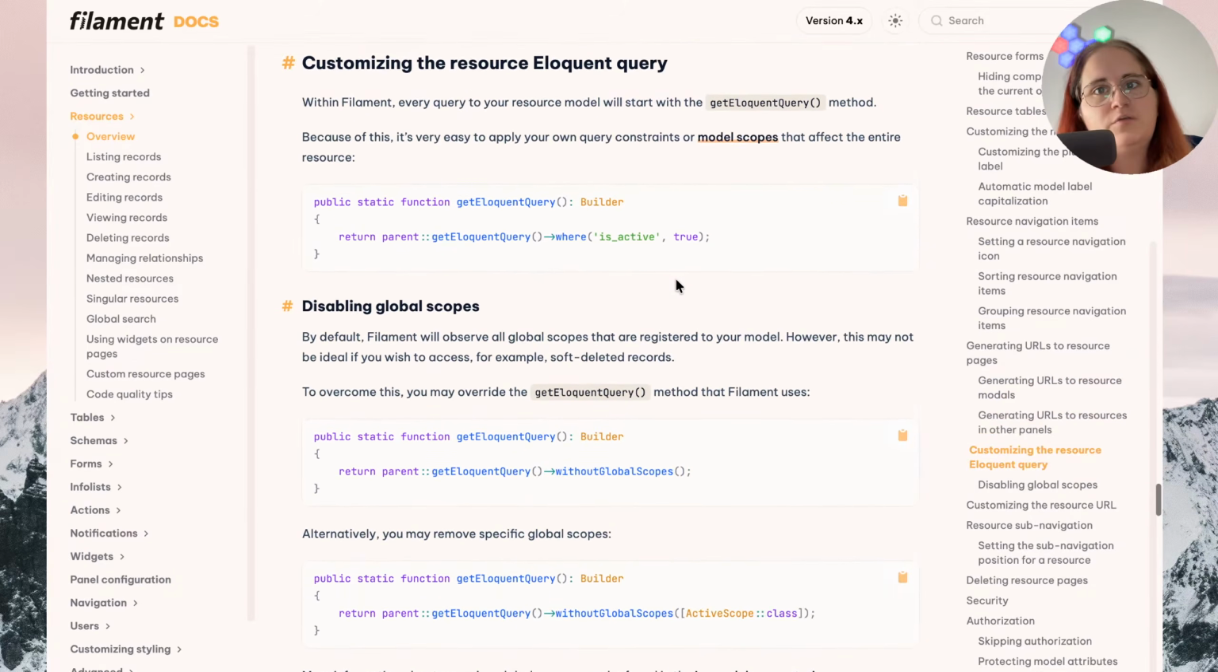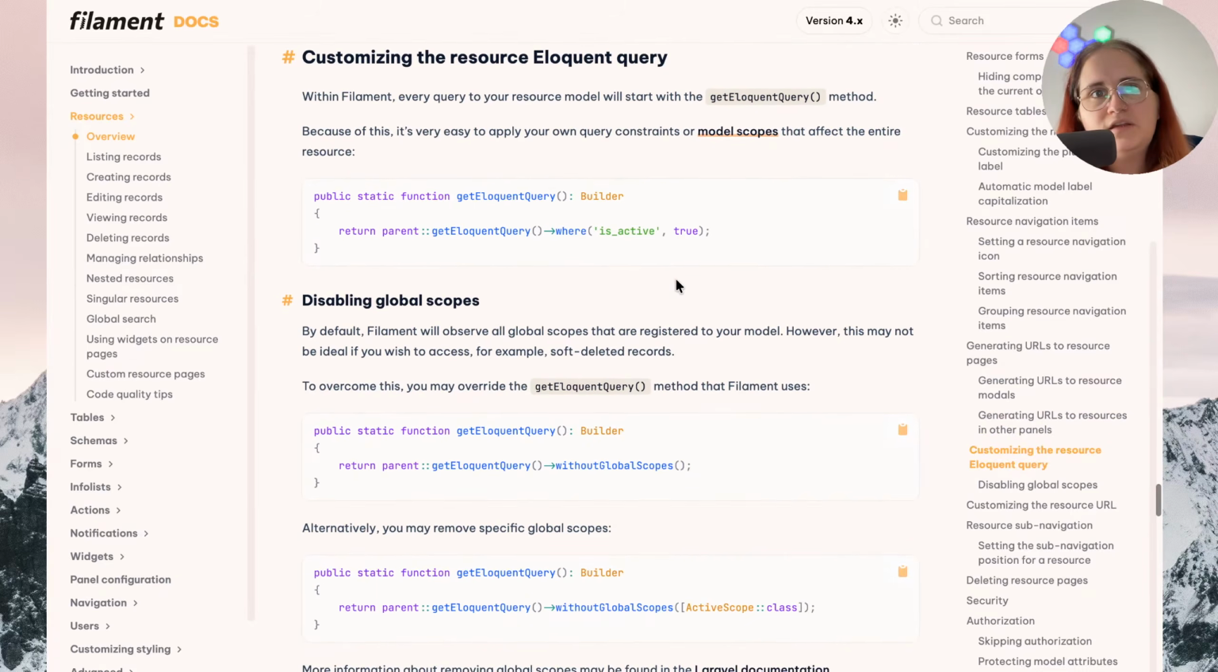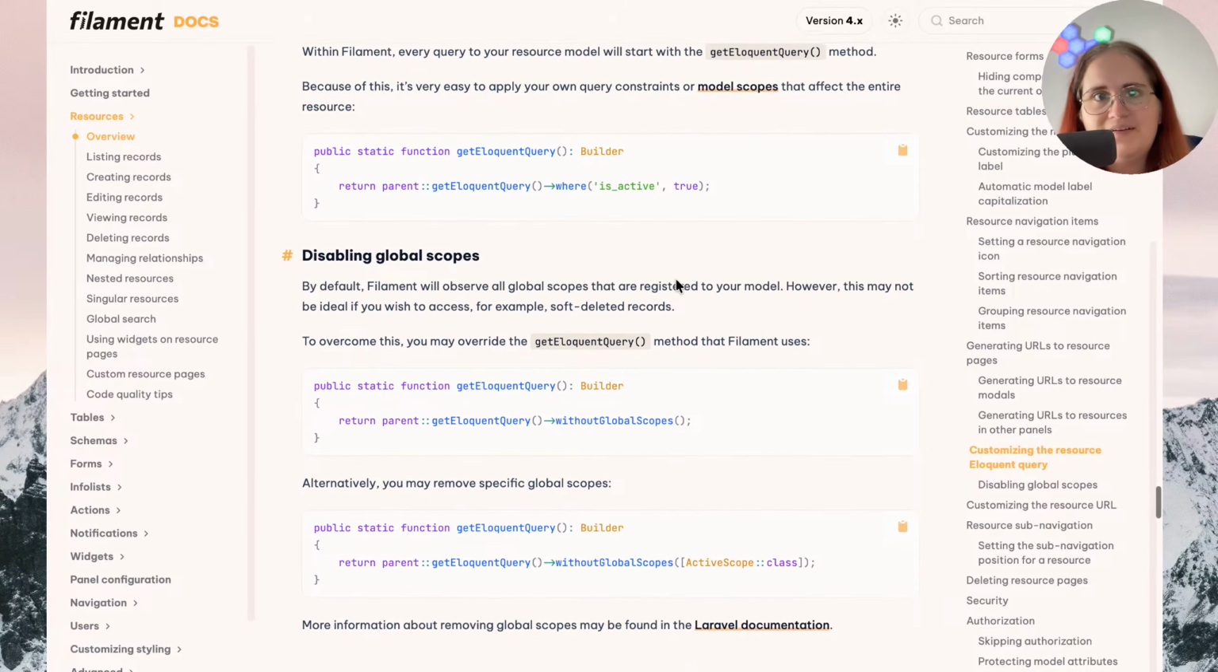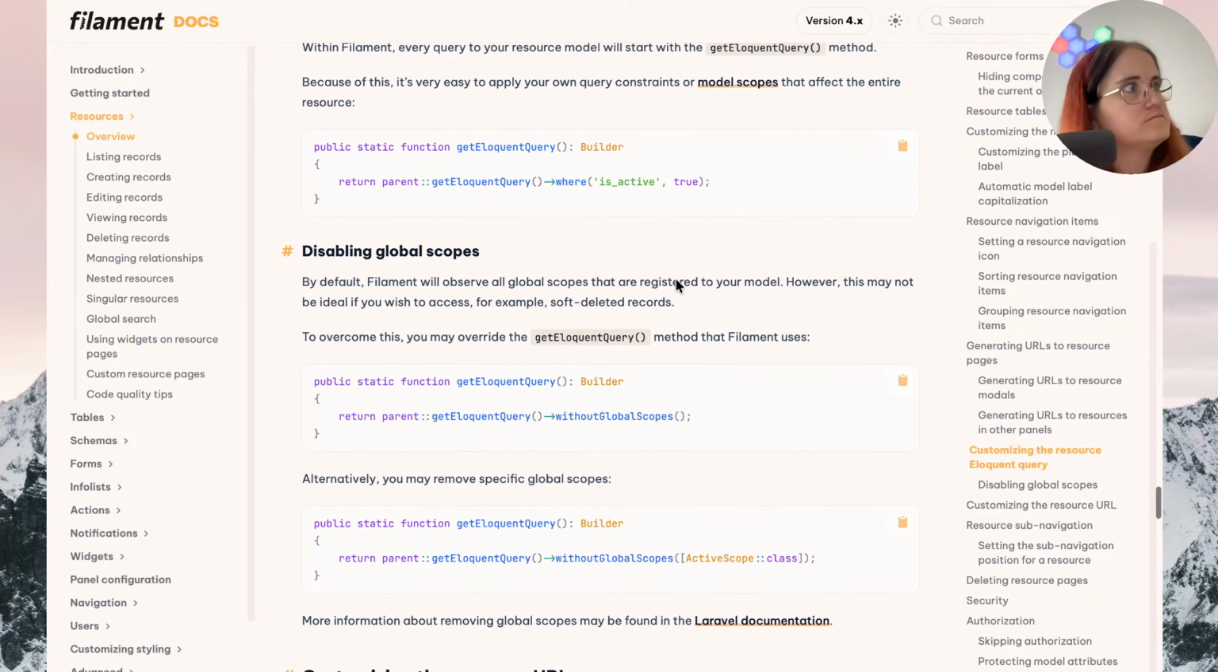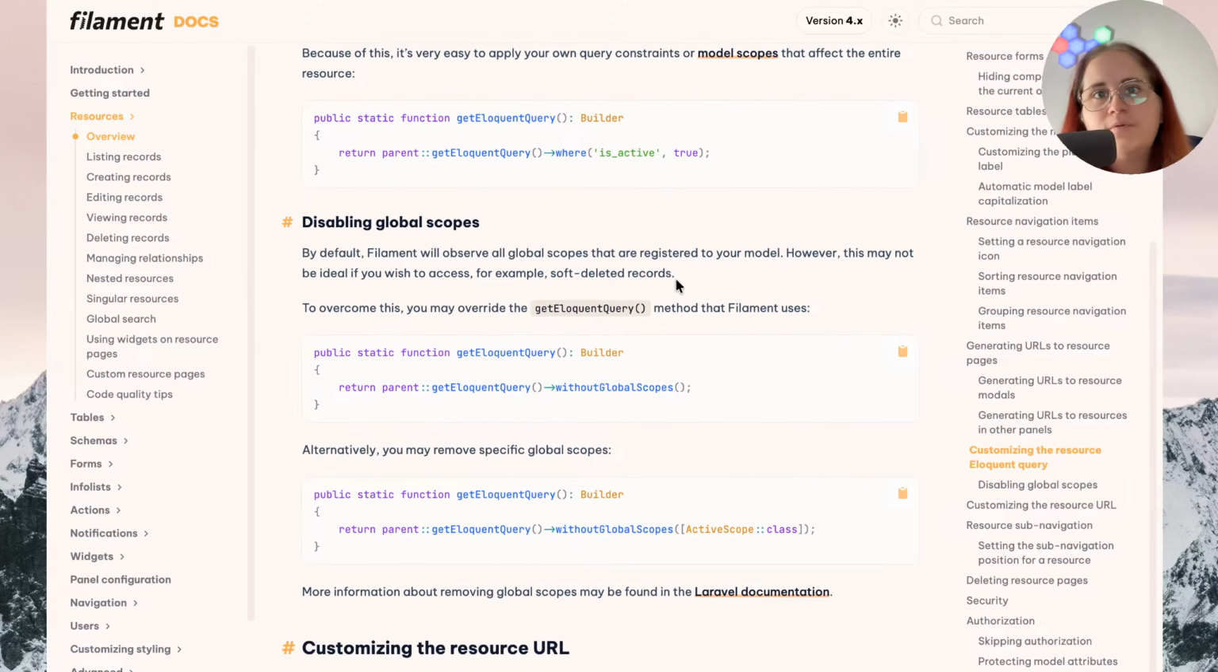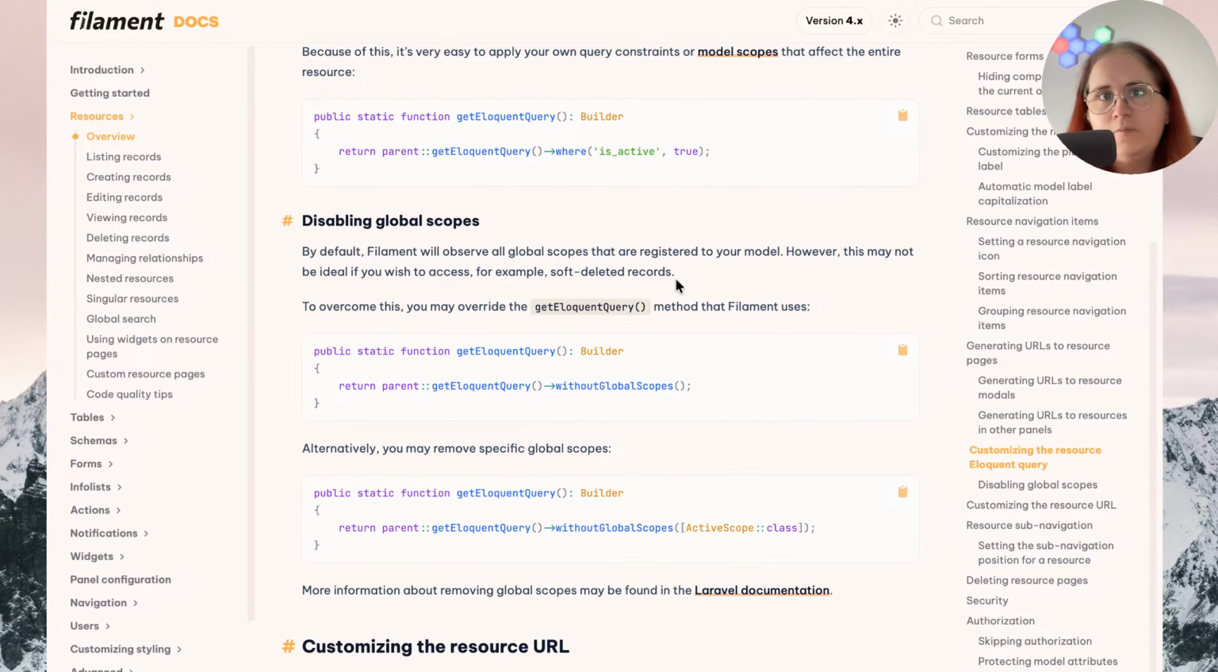Customizing the resource Eloquent query. Within Filament, every query to your resource model will start with the getEloquentQuery method. Because of this, it's very easy to apply your own query constraints or model scopes that affect the entire resource. Public static function getEloquentQuery(): Builder { return parent::getEloquentQuery()->where('is_active', true); }